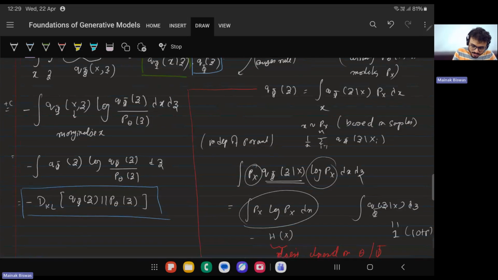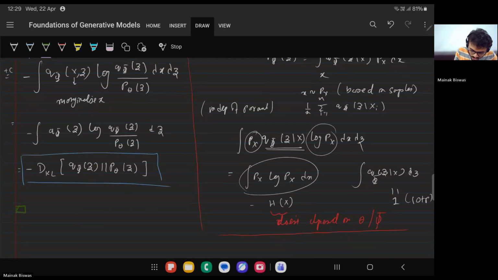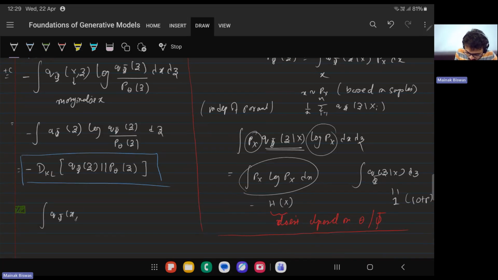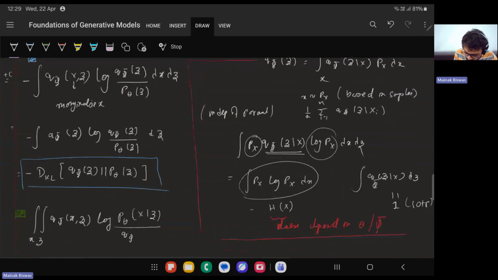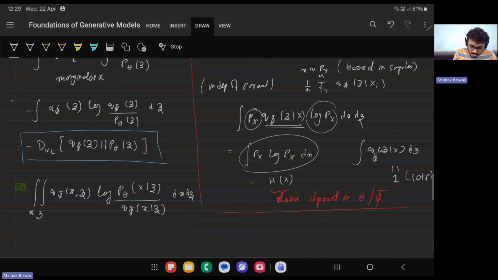Now the green term. This is the blue term. Now the green term will be the integral of q phi of x comma z, over x and z, log of p theta of x given z, that is the reconstruction of the data, and the posterior of the variational distribution, dx dz, right? This is the green term that I have. So this term again,